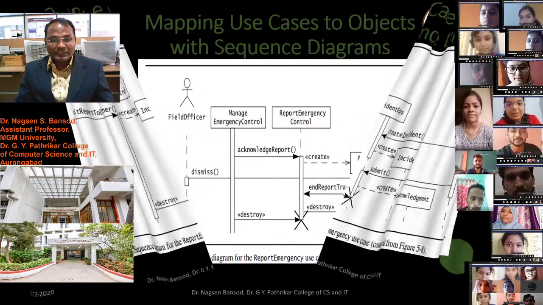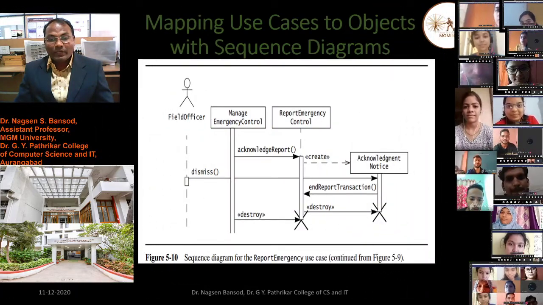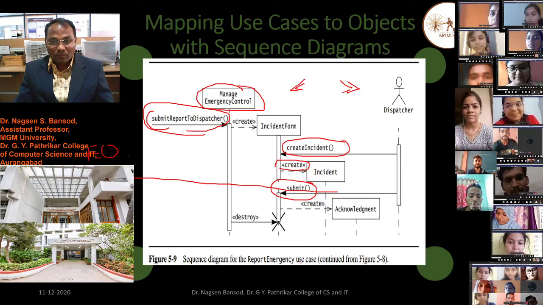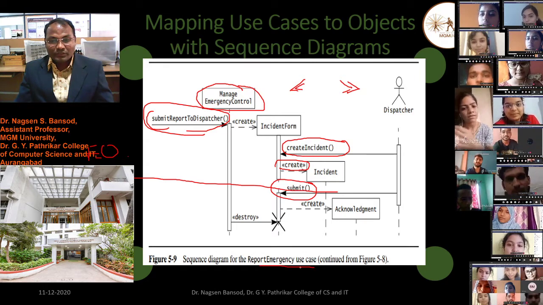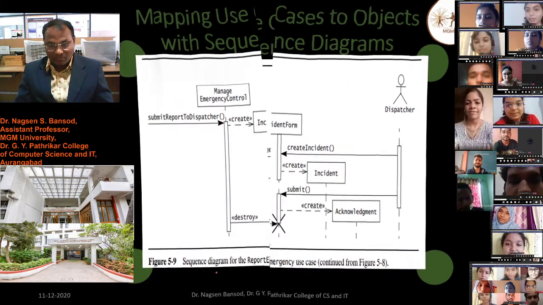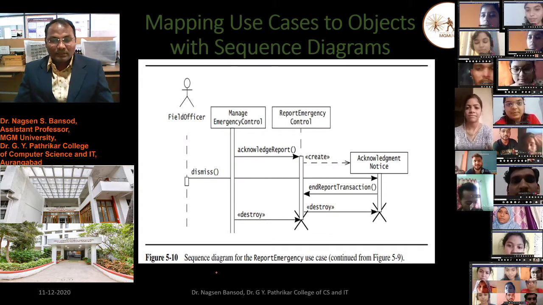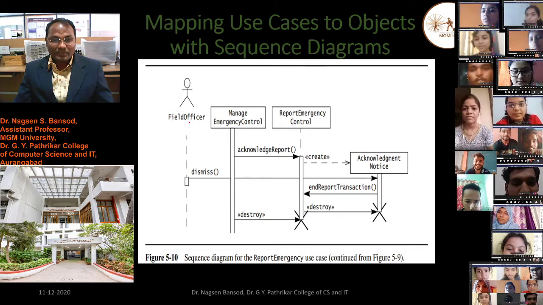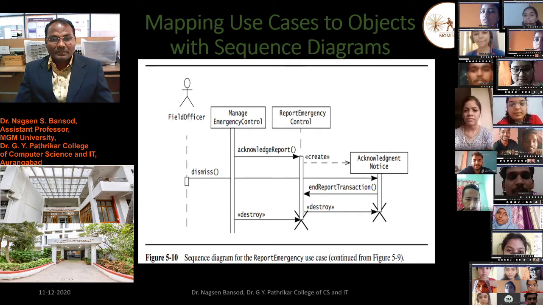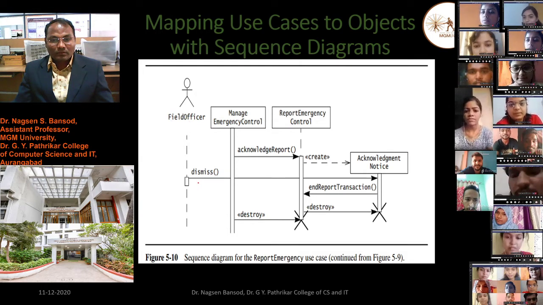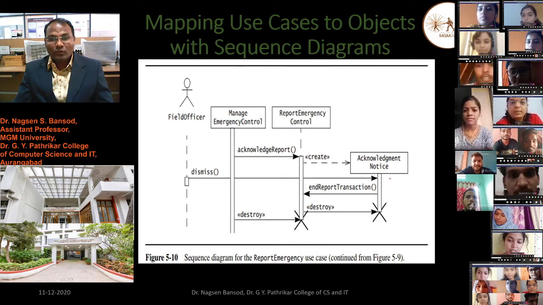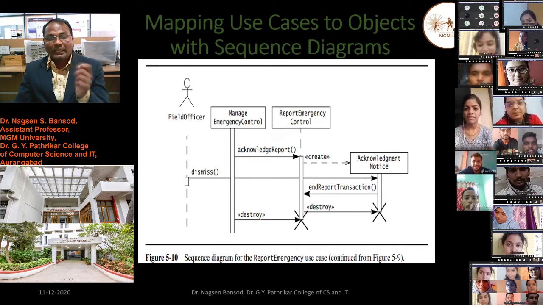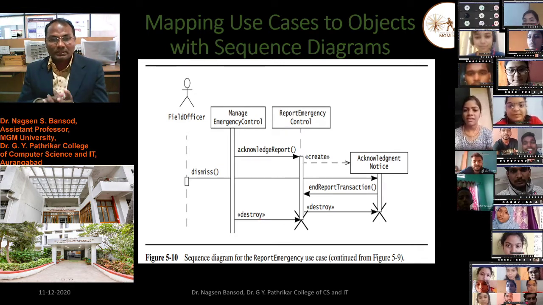Again you see the sequence diagram for the report emergency use case. This is the sequence diagram for the report emergency use case, and this figure is continued from figure 5.9. Now the field officer dismisses the acknowledgement notice if there is no connection, that is, if there is a loss of connection.